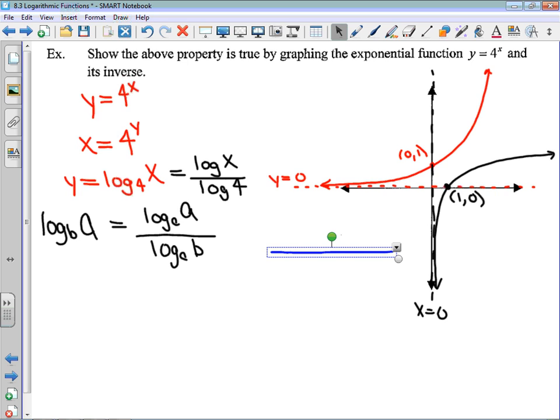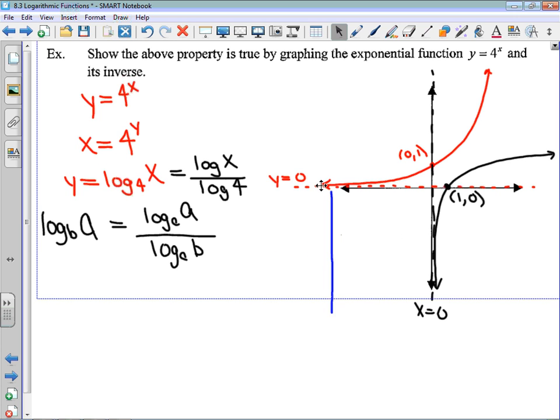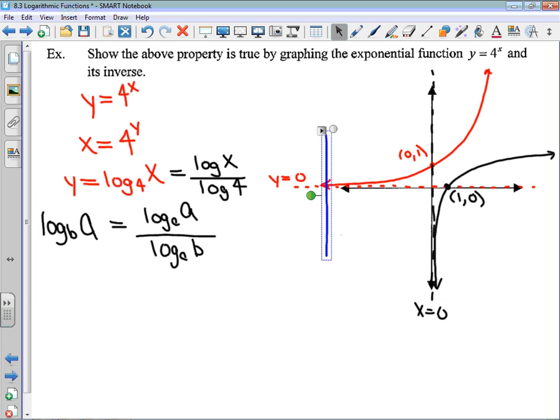So when we do that horizontal line test, it is one of those tricky concepts that it shows us if the inverse is a function. But if we do the horizontal line test on the function, then we can check that as well. One thing I would like to point out is that if I change that to a vertical line, this would clearly show me that the red graph is a function, and it would also show me that the black graph